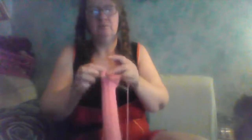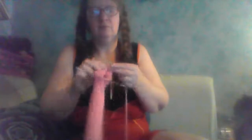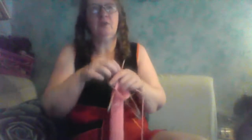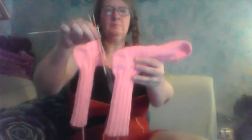And you're just knitting, and you can also, of course, knit ribbing like this, and just straight stitches like this. But now we got it like this. So the shape,